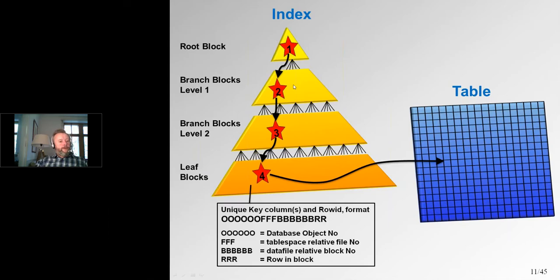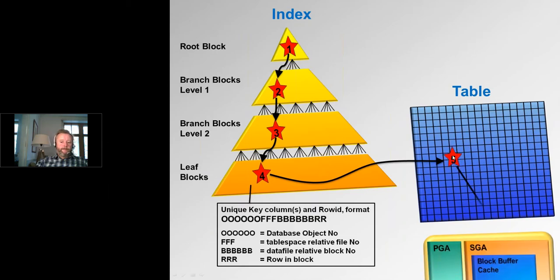So you've got your root block, 0, 1 or more branch blocks, your leaf blocks, where the actual IDs, the actual entries in the index are contained, and those row IDs point direct to the location of the record in the table. Now if I had to full table scan that table, it would take, depending on the size of the table, several hundred, several thousand, several million IOs to get the information. With this index, it's 1, 2, 3, 4, 5 to get the record,